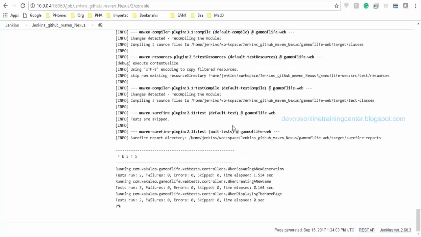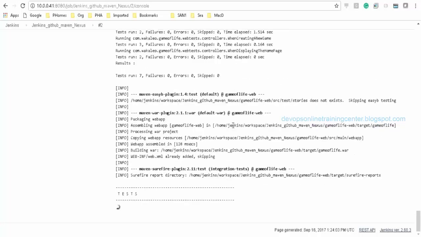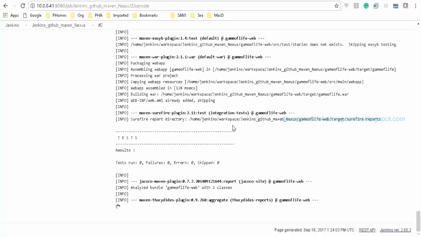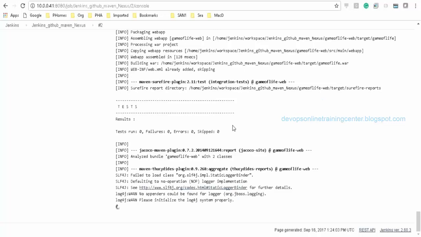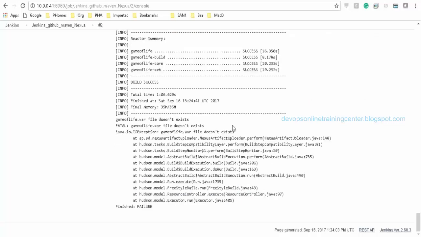So this complete integration project, once you do it, it will be easy for you to either explain in an interview or understand yourself, right? You created a Jenkins on one server, you created Jenkins slave on another server, and you created Nexus on another server, right? So there is a problem.